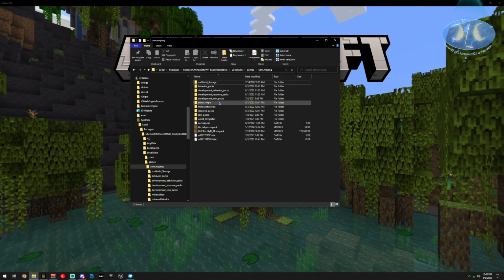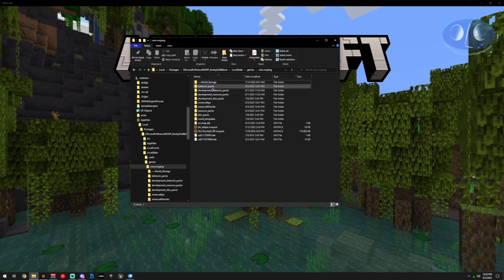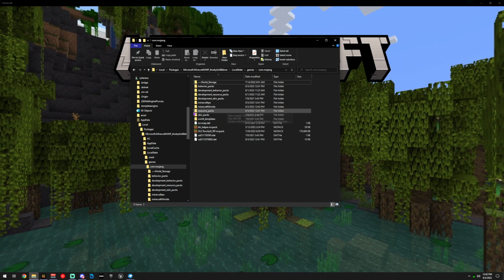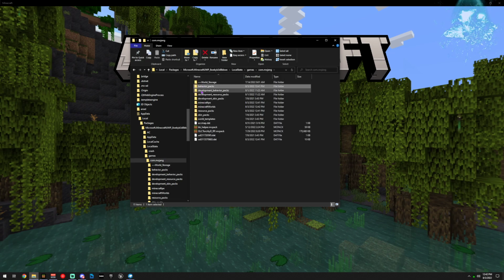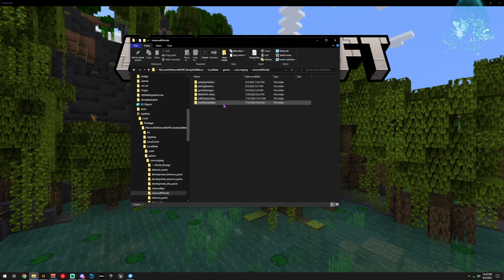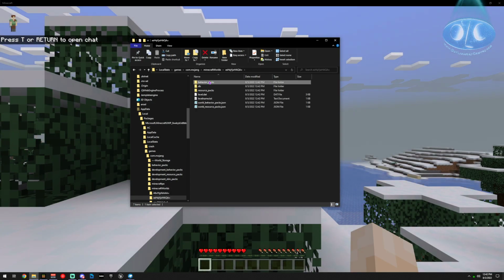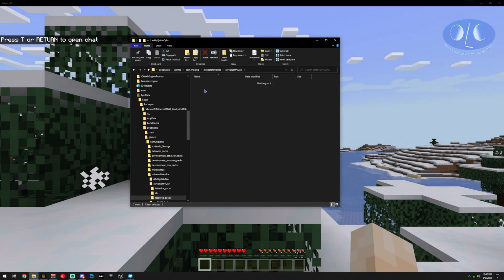Now remember, when we're doing that, it's taking the pack from behavior packs and resource pack where it puts it, Bob pack, right? And it's moving it into a new world and putting it in the world pack.